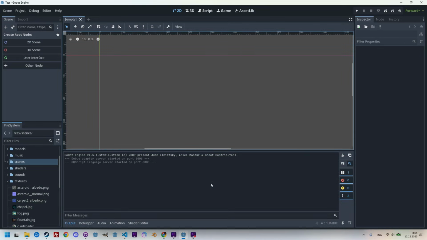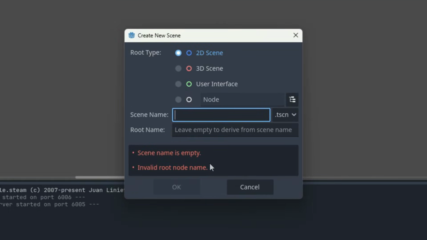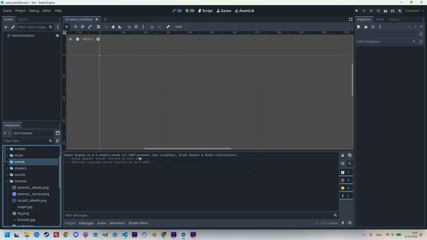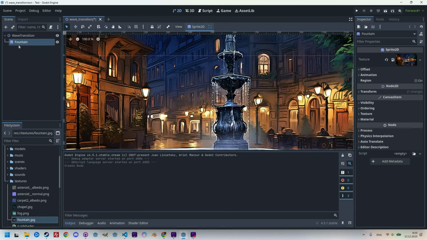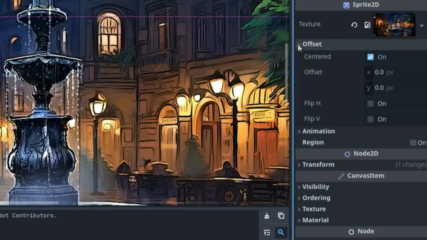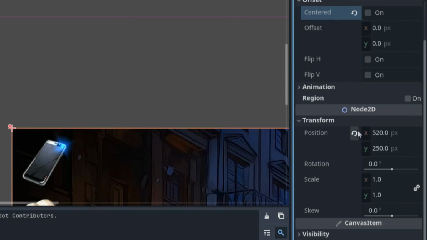And because this is a transition, we will once again need two background images, which I'll again borrow from our game Whispers of Prague. So I'll create the usual 2D scene with all the elements that belong in it. Right-clicking the scenes folder, create new scene, and it should be 2D scene, and let's call it wave transition. Okay, and as usual, I'll drag the screenshot found in JPEG into it, so the Sprite2D node was automatically created, and in the inspector we'll do the usual stuff, expanding offset and cancelling centered, then expanding transform and resetting